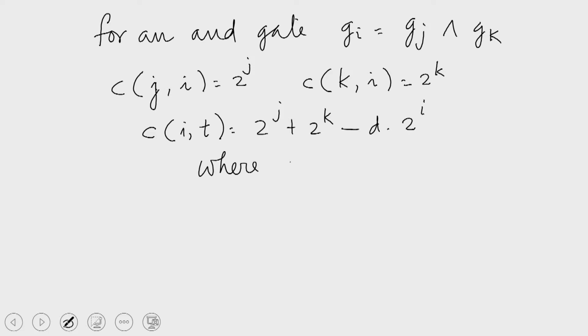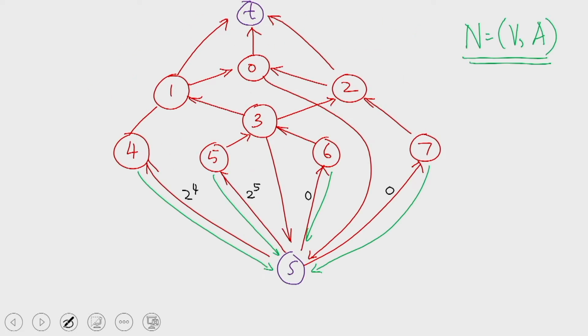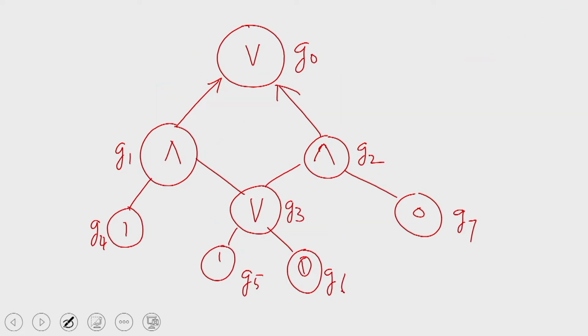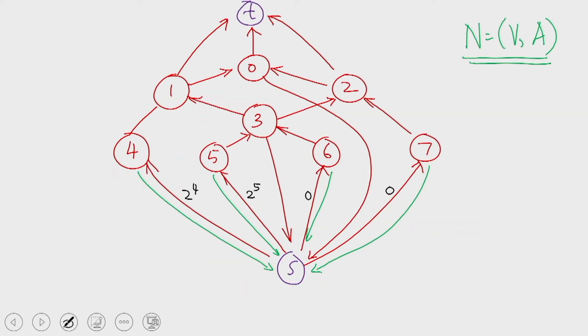where d is the fan out of G_i. So this is the second case. For every AND gate, we define the capacities of the involved edges in this manner. So going back to our figure, the AND gates here are G1 and G2. So capacities for G1 and G2 will be defined in this manner. G1 has a capacity of 2 power 1 and a capacity of 2 power 2 on these edges. That is, the outgoing edge of G2 will have a capacity of 2 power 2,